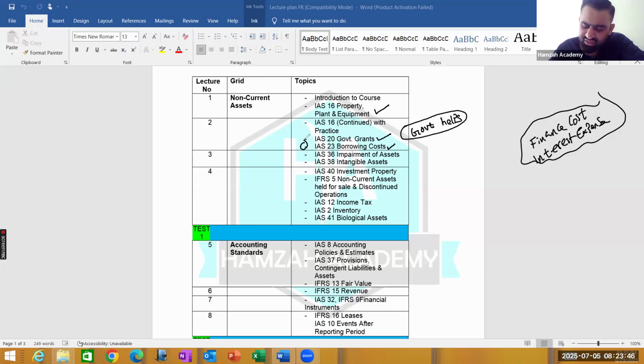The next topic after borrowing cost will be IAS 36. IAS 36 is a topic which covers the issue of impairment of non-current assets. Now, what is impairment? In simple words, we can say impairment is a reduction in the perceived economic benefits from the asset. For example, when I purchased the asset, I was